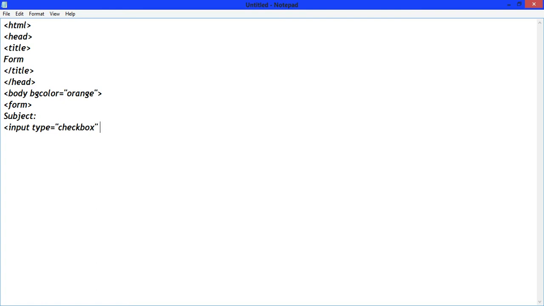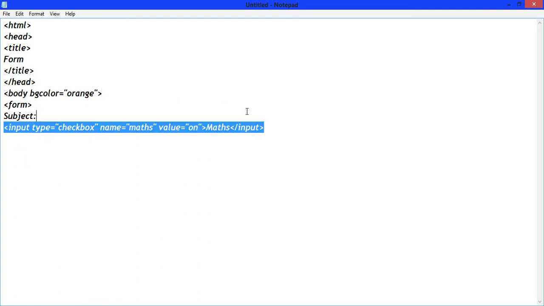Now write name equals to maths, value equals to on. Then write maths. Now close the input tag. This maths text will display on the web page.